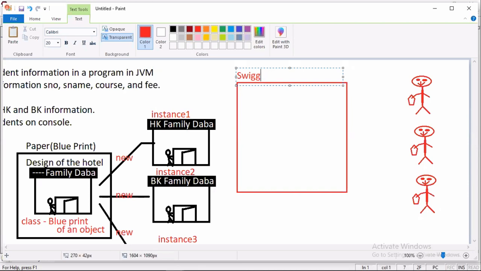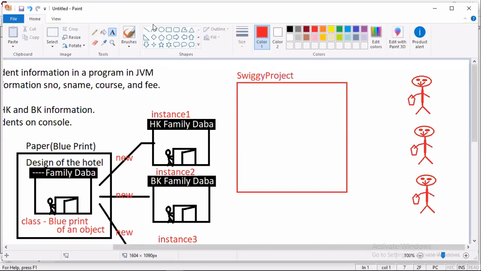Swiggy project must store all these Swiggy boys' details, na.